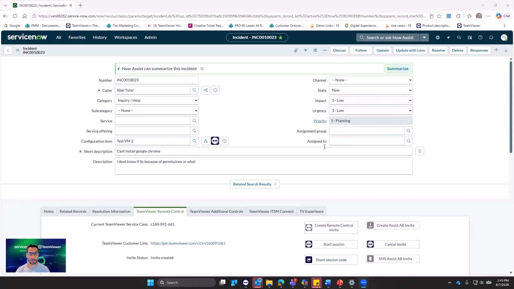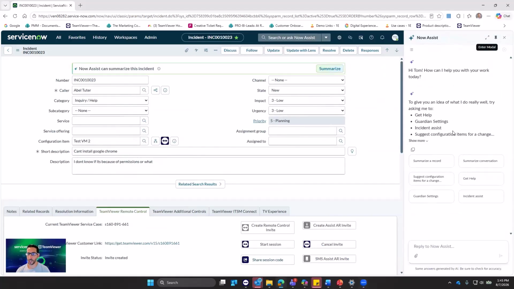a ticket in ServiceNow and within the ServiceNow platform. For this one specifically, the description is, I can't install Google Chrome. I don't know if it's because of permissions or what exactly. So one thing we can do is we're actually able to open up Now Assist AI, ServiceNow's own AI tool. We can ask, how do I resolve this ticket